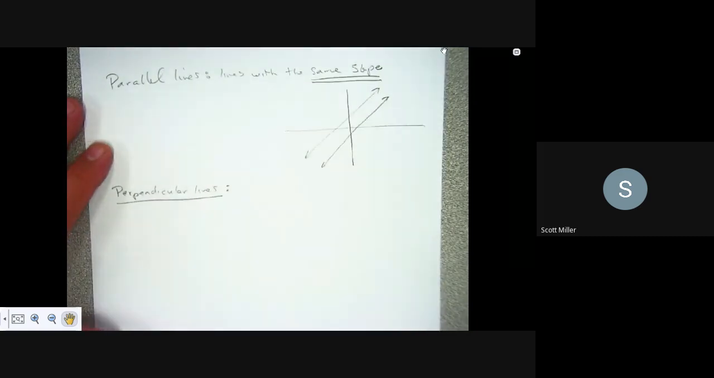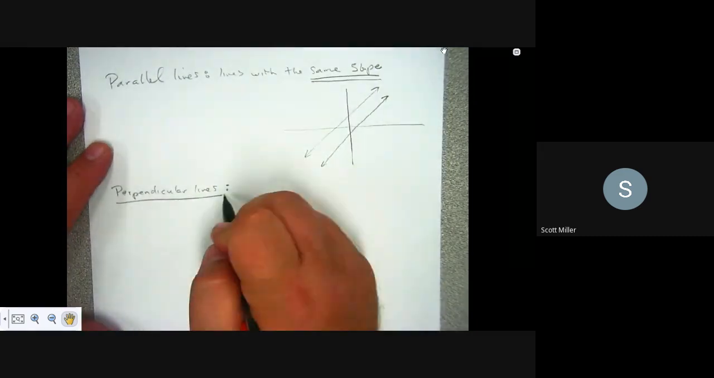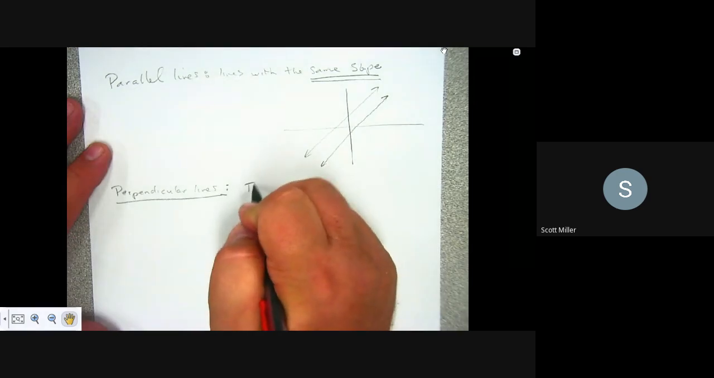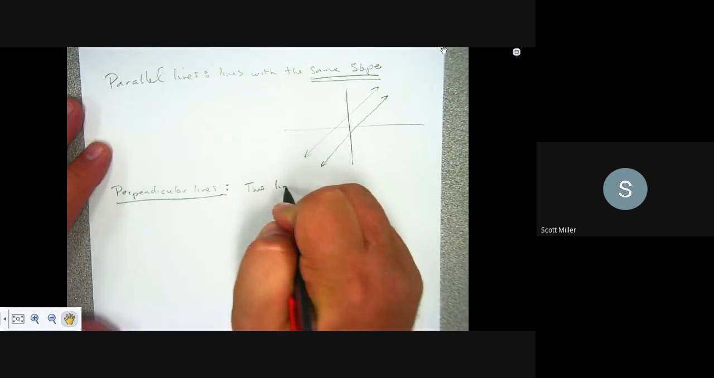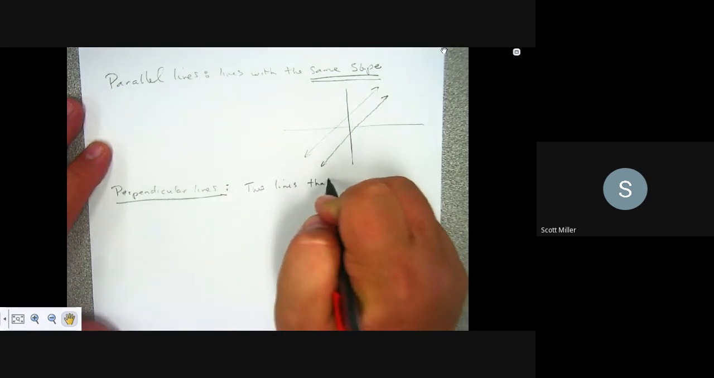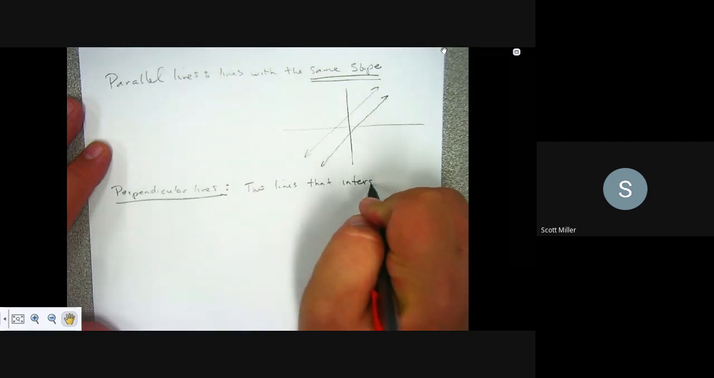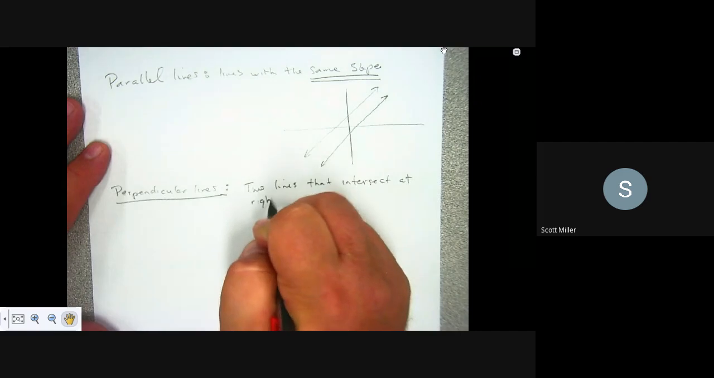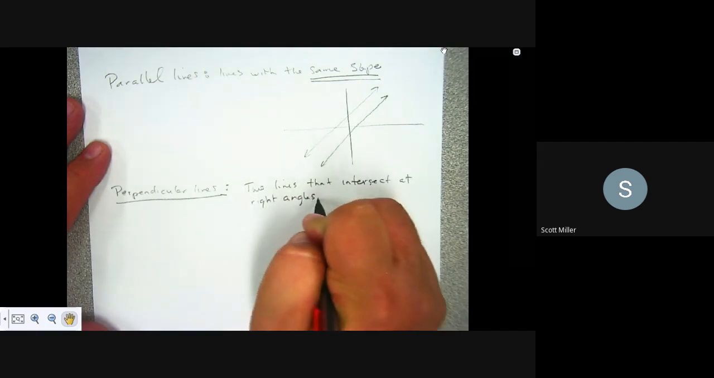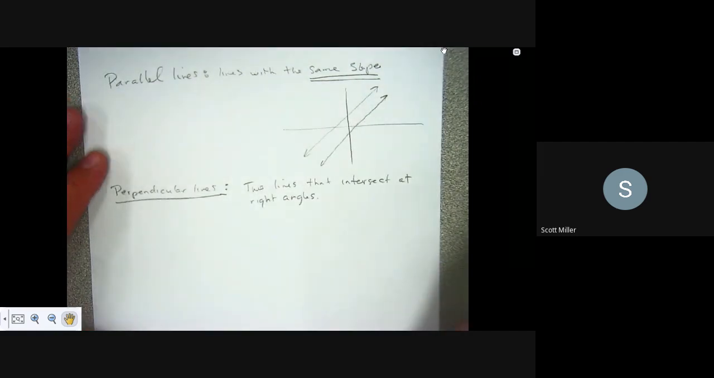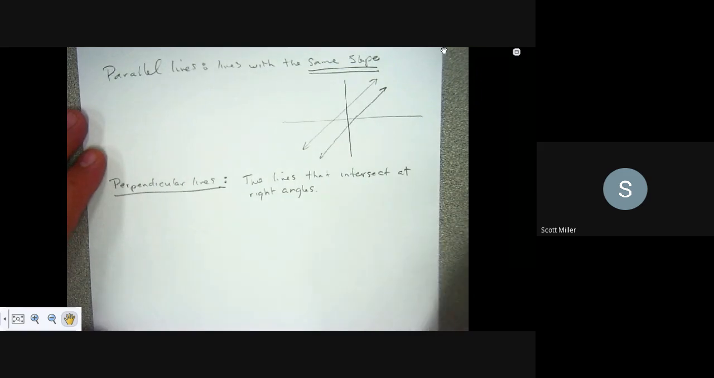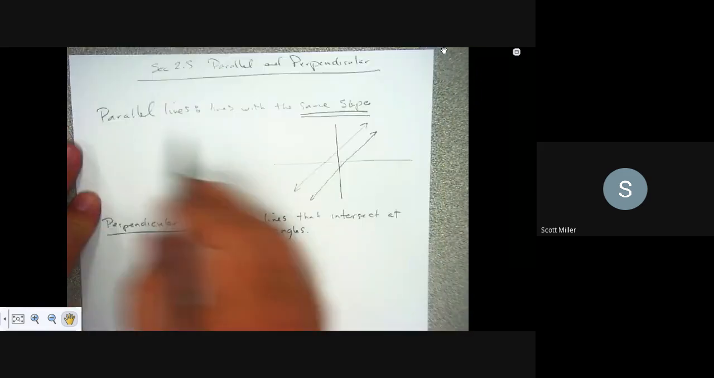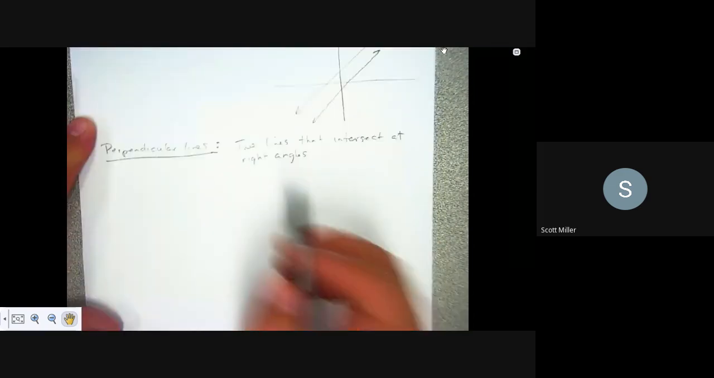And this is usually given a couple of different ways. Perpendicular lines, little preview of geometry. It can be defined this way: two lines that intersect at right angles. That's one way to look at it. That's the geometry definition. Little heads up there. But in here, since this one is talking about lines with the same slope, perpendicular lines